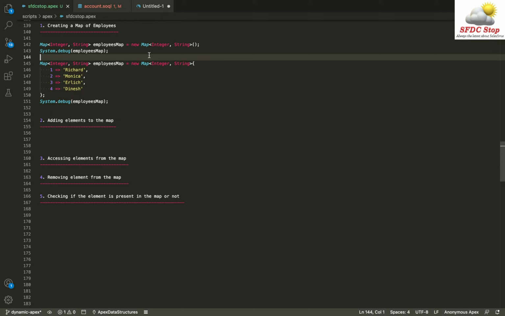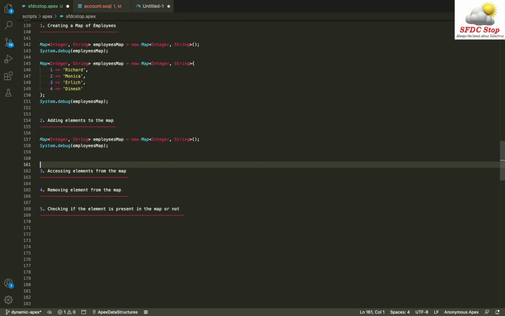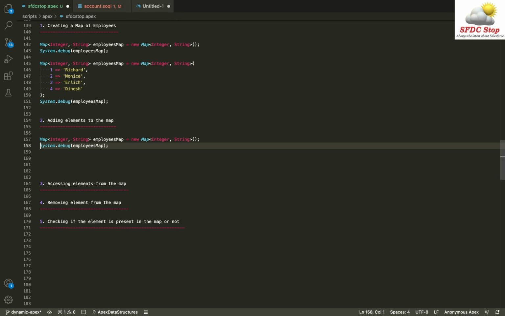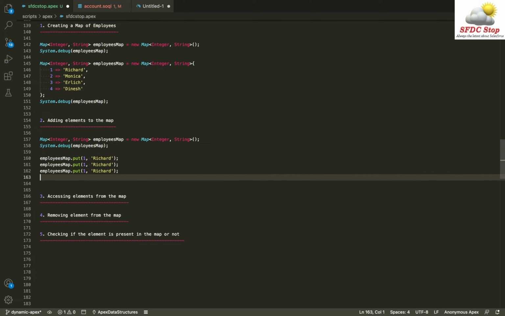So what I'm going to do, I'm just going to create an empty map and we'll add some elements inside this map. So let's say we have an employees map and I need to add elements. So what I can do, I can simply do employees map.put, and inside this put function, I can pass the key and the value. So let's consider these elements itself. So I'm going to have the key as 1 and the value as Richard. And I'm going to have 3 more employees.